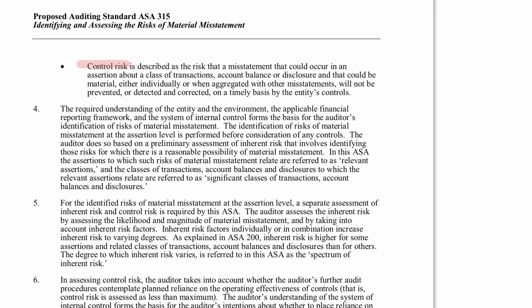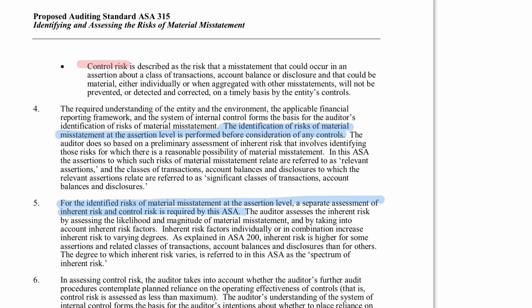So the identification of risks of material misstatement at the assertion level is performed before we consider any controls. Now, this is a really nice, clear instruction so that as a new auditor or as a student, you understand the order of tasks. We identify risks, and then we consider the possibility of testing controls if we believe controls are available to be relied on. Now, it also says here, for the identified risks of material misstatement, we need to look at the inherent and control risks,